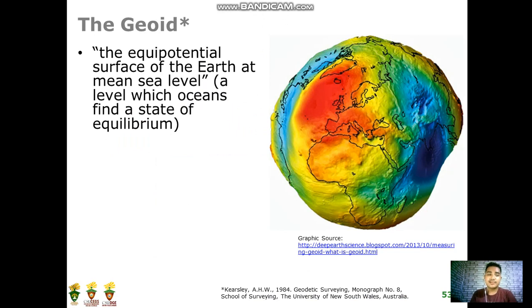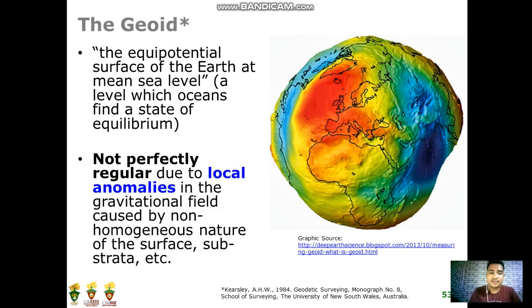So let's define geoid again. Geoid is the equipotential surface of the Earth at mean sea level, or a level which oceans find a state of equilibrium. Diba? Ang pagkuha sa mean sea level is dili siya, it's a long process, no? So in fact dapat 19 years, no, continuous observation para lang makakuha ka og mean sea level. And from that mean sea level, i-extend na nimo padulong sa imuha sa landforms,